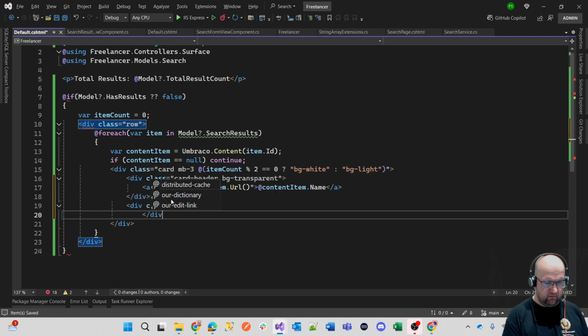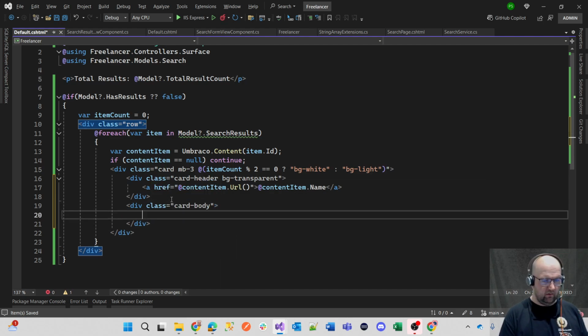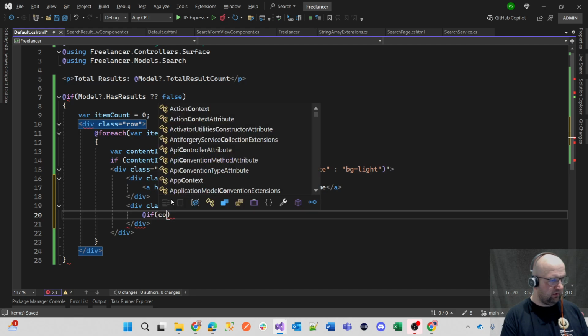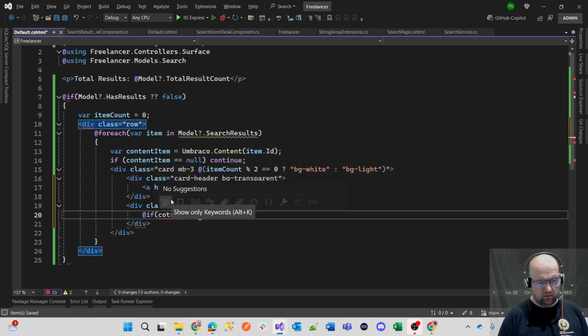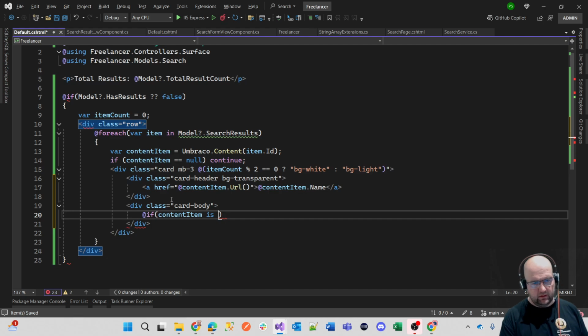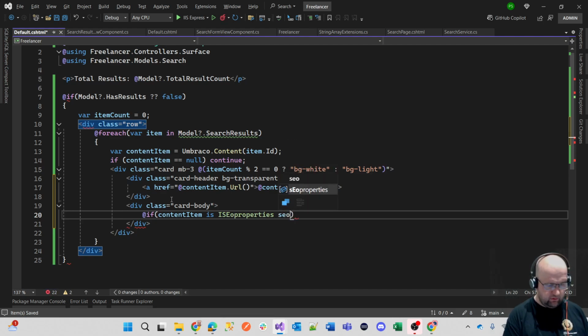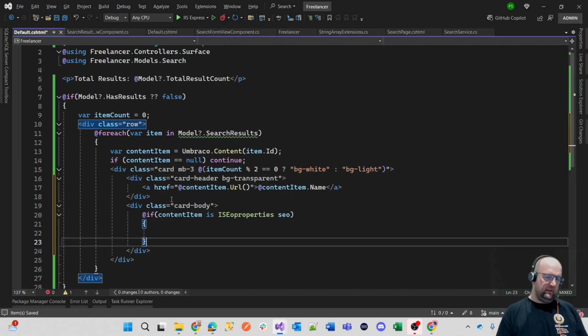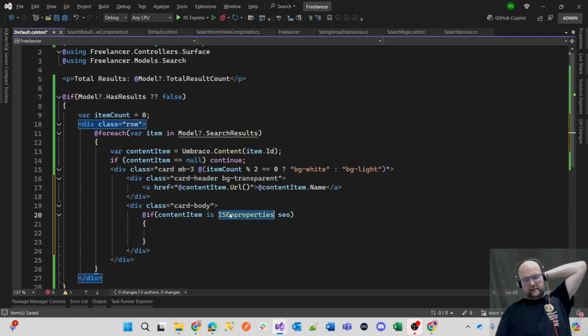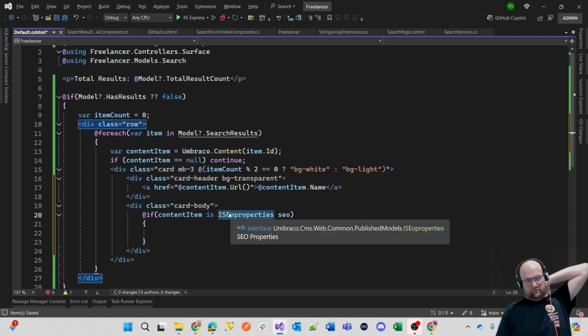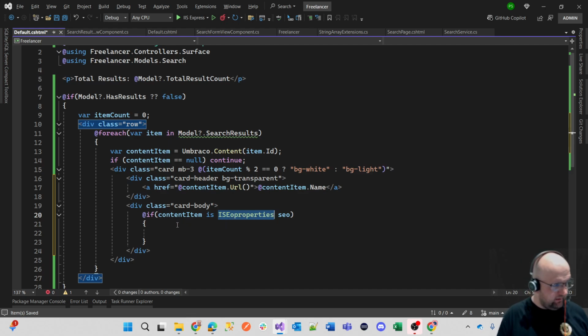And we'll close that div. So if the content item is of a type, so the type is ISEOProperties, then we'll call that object SEO if it is. So this is an up-to-date .NET thing as well. So we're saying if the content item is basically castable to this or inherits from this class, then we want